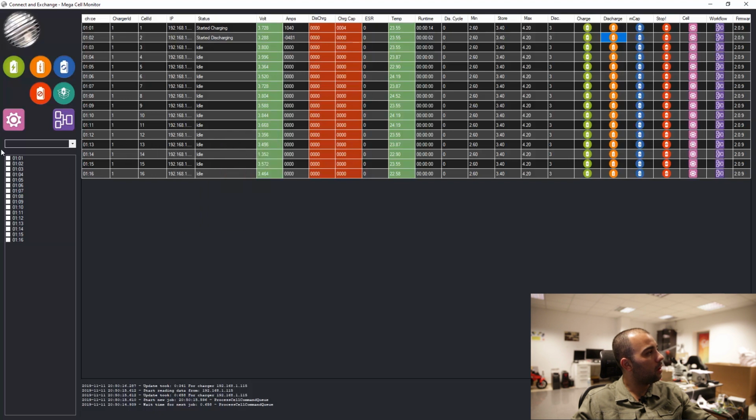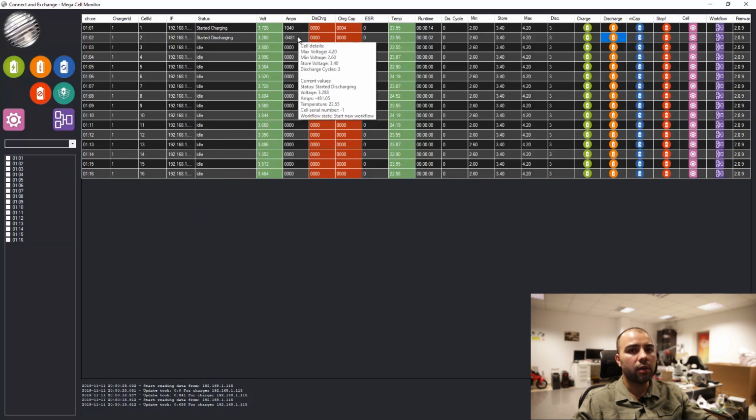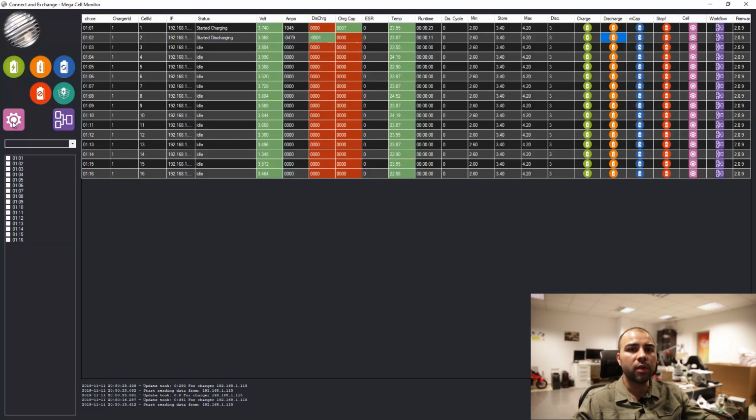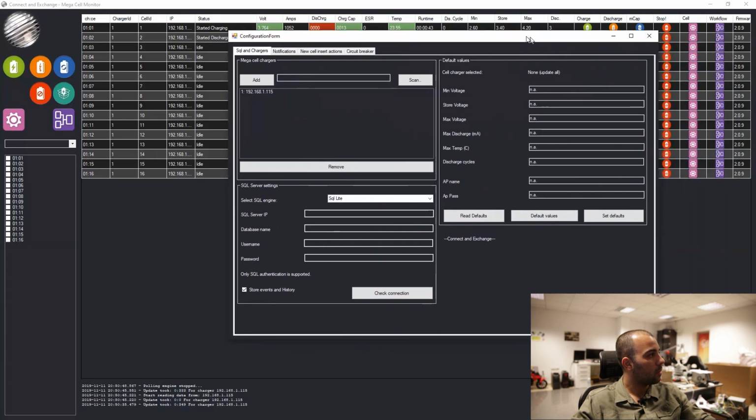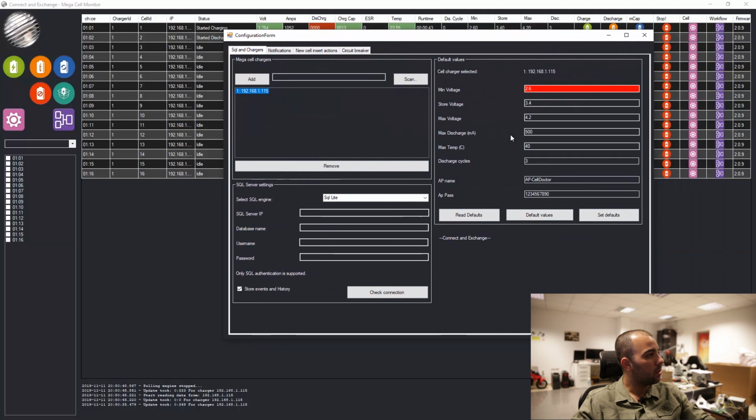And again, the discharge rate is set from the settings, and it's for all the cells at the same time. You don't have control for discharge rate per cell right now. We might have it in future hardware versions, but right now this is all there is available. So this is the discharge rate. If we set it to 1000,